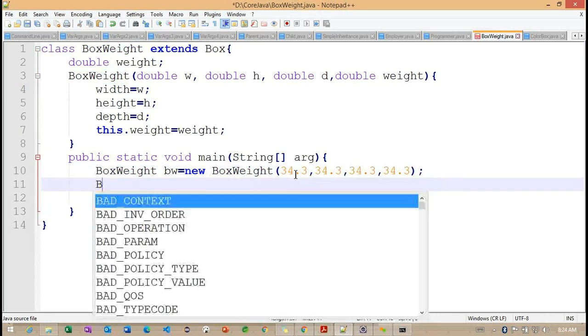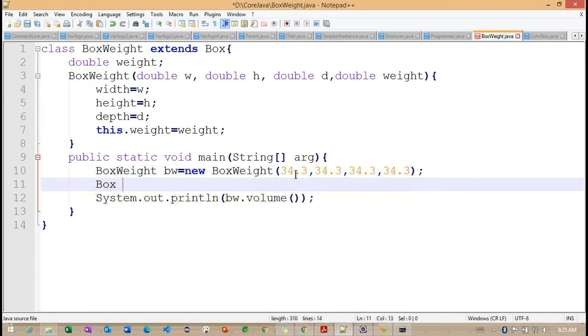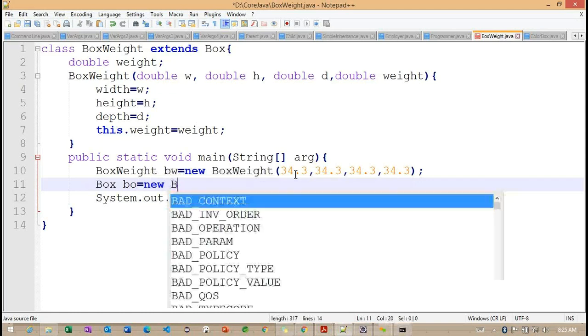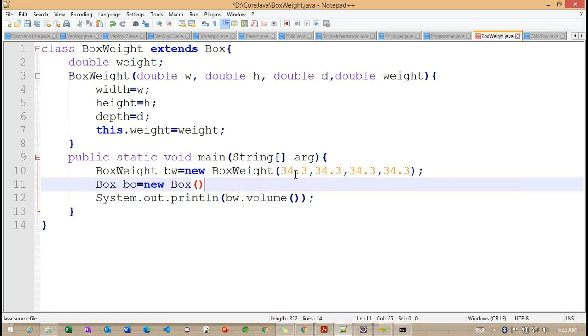Now I will create one more object called box. Getting the point. Now we have two objects here. First one is a box weight object. Second one is a box object here.